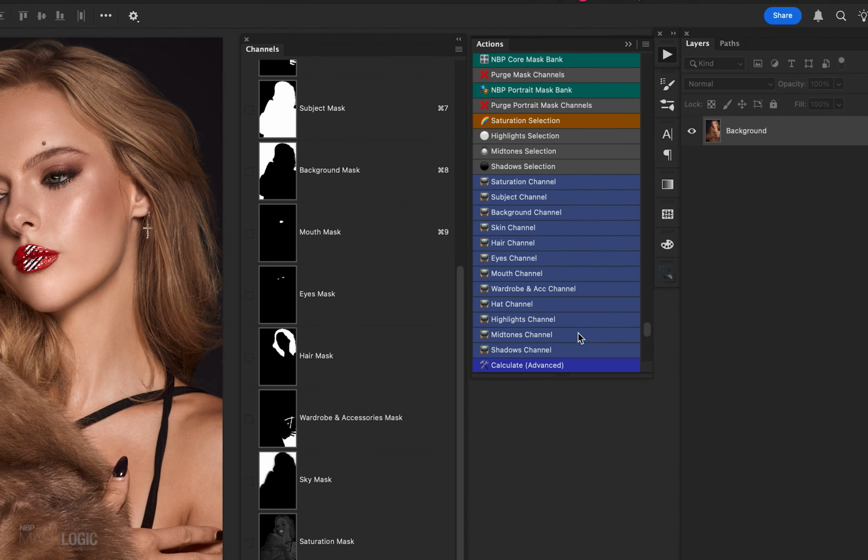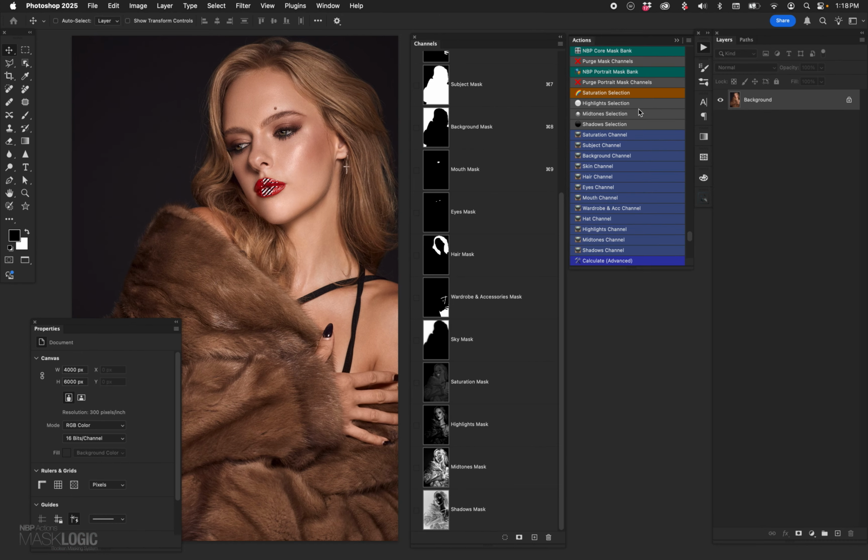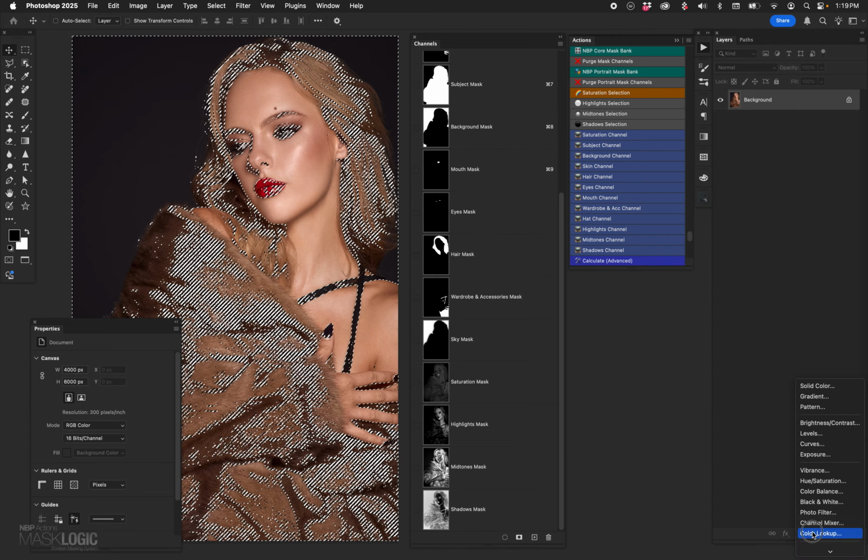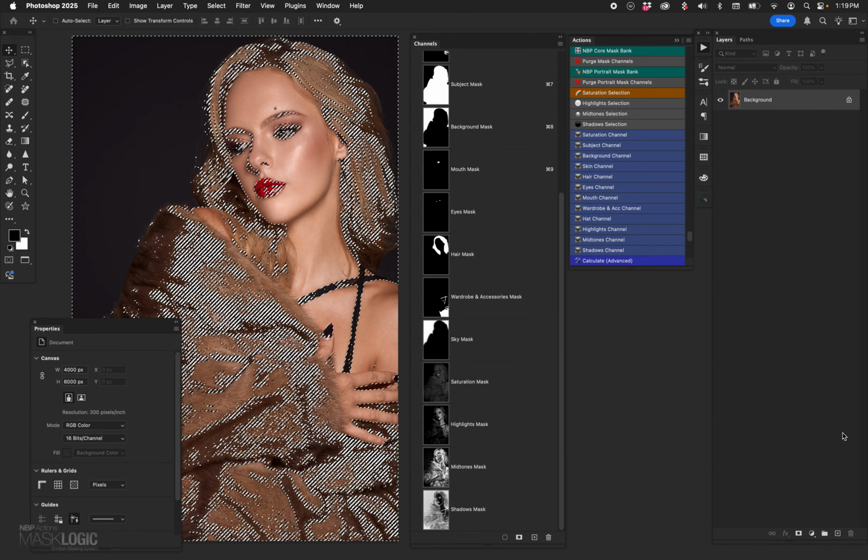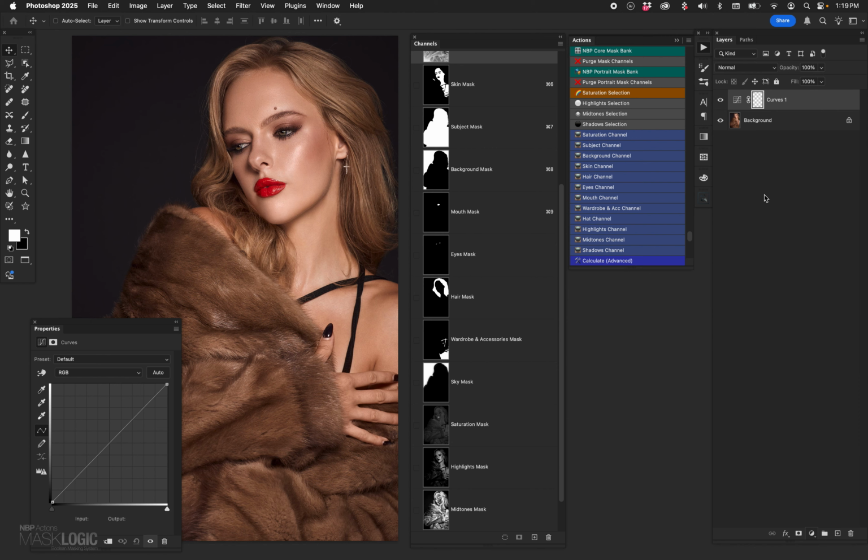So I can click saturation and I have that mask ready to go, or rather the selection. Highlights, midtones, shadows. Immediately have these available to us whenever I need them, and I can do anything with them. Keep in mind too, we choose a selection, or we run one of these to get a channel as a selection, and then we can add an adjustment layer. Let's go ahead and add curves, and then that creates an